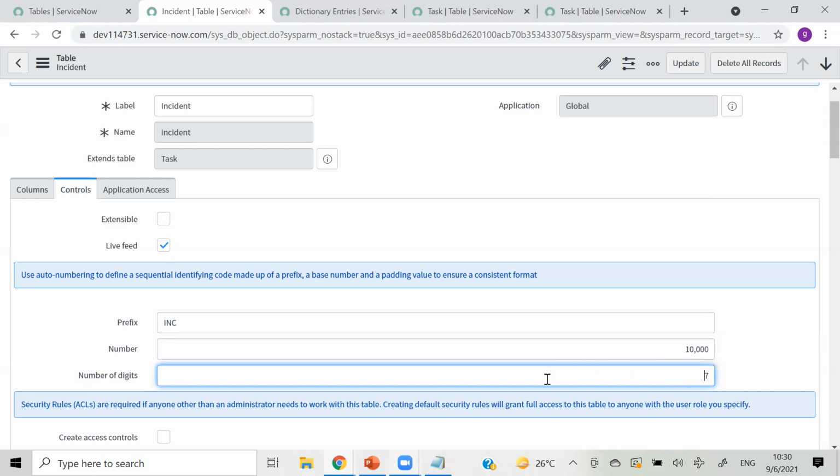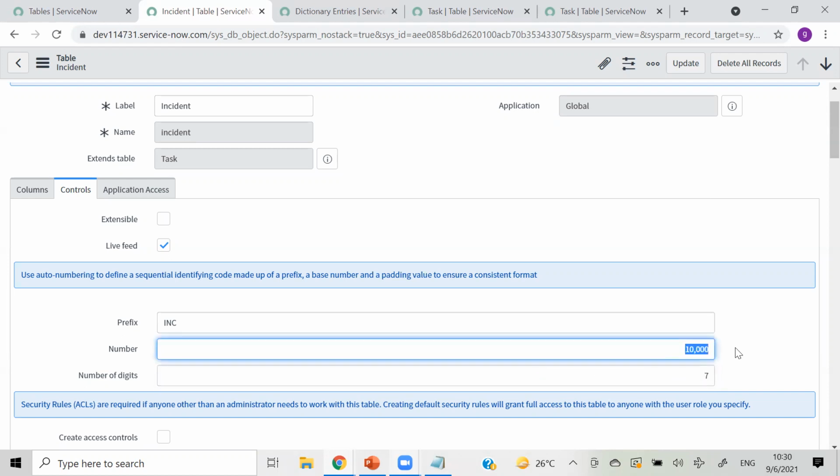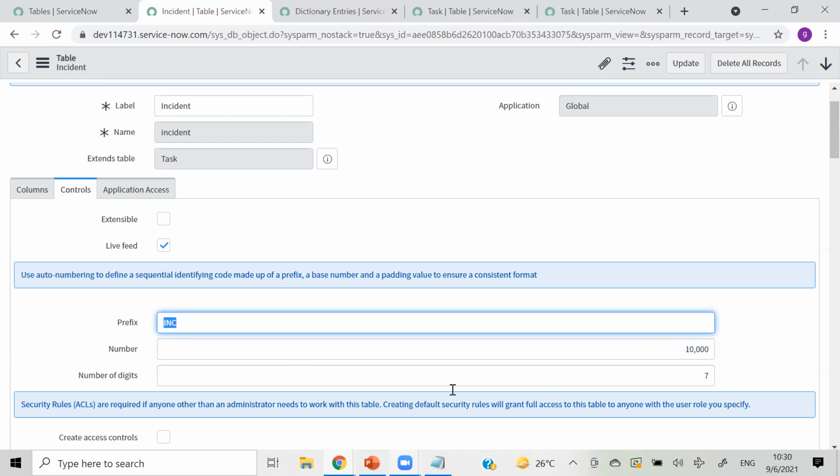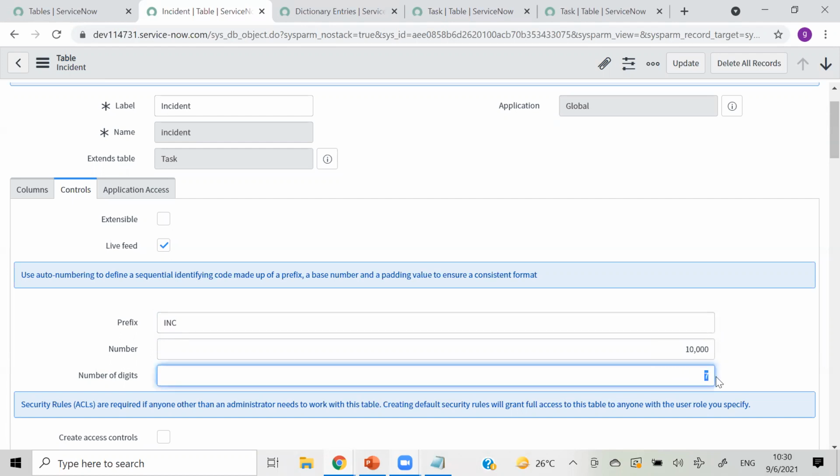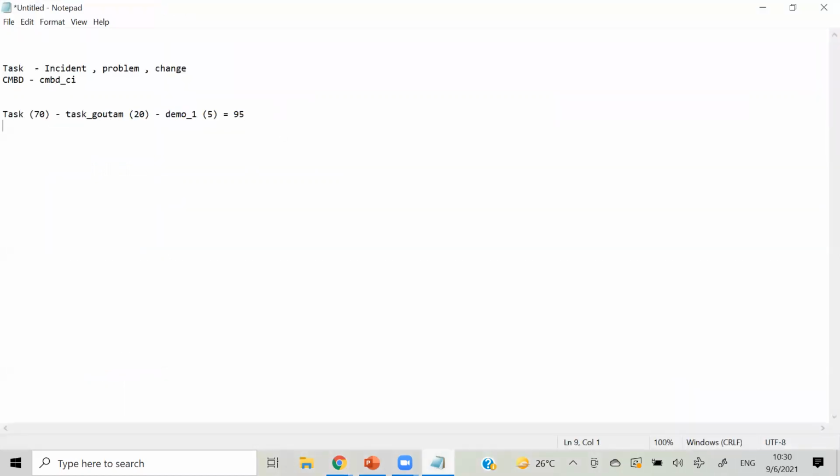So if you create a ticket, I am saying 10,000 here, the prefix here, and the number of digits as 7. The first ticket that gets created starts with INC because that is the prefix, then the 10,000 we told, and the number will be of 7 digits, so zeros get added.